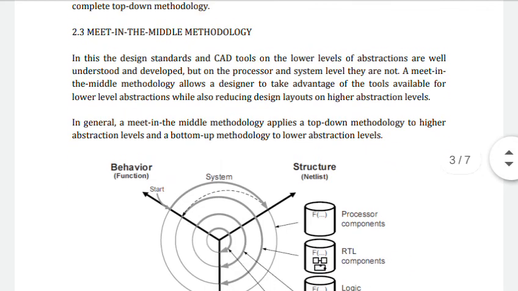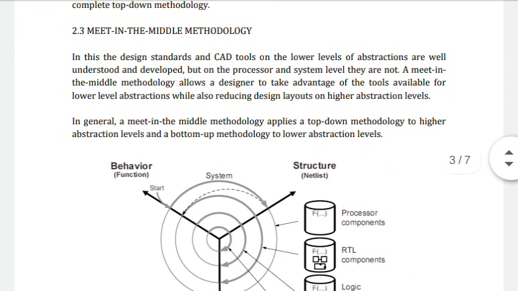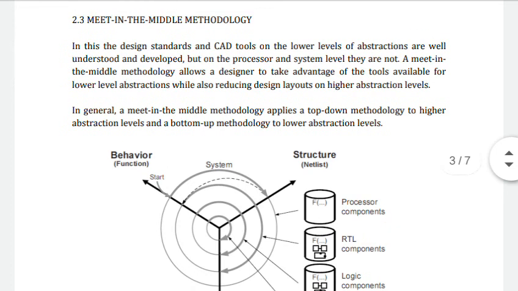So, the meet in the middle methodology. What is the meet in the middle methodology? From the name itself, it is just meeting in the middle. That is, it consists of the bottom up methodology as well as the top down methodology. In this process, the first two, system and processor, come under the top down methodology. So after the system level, it goes to the processor level.